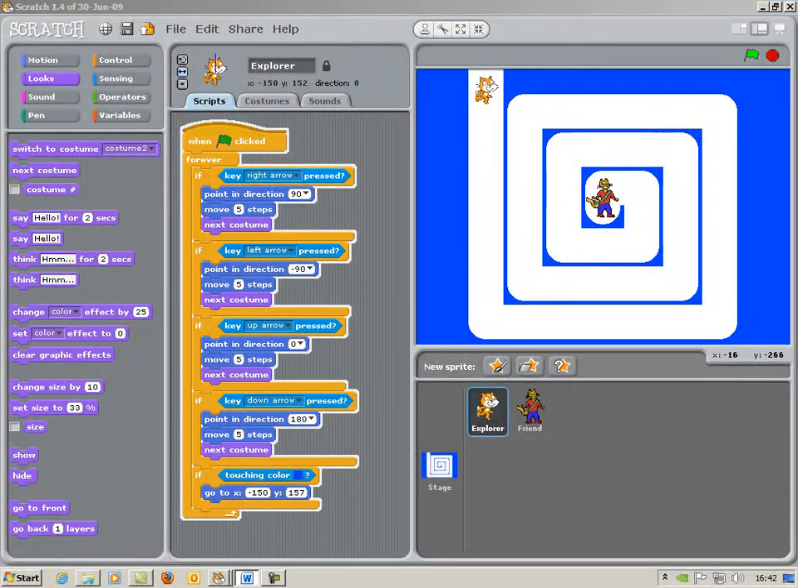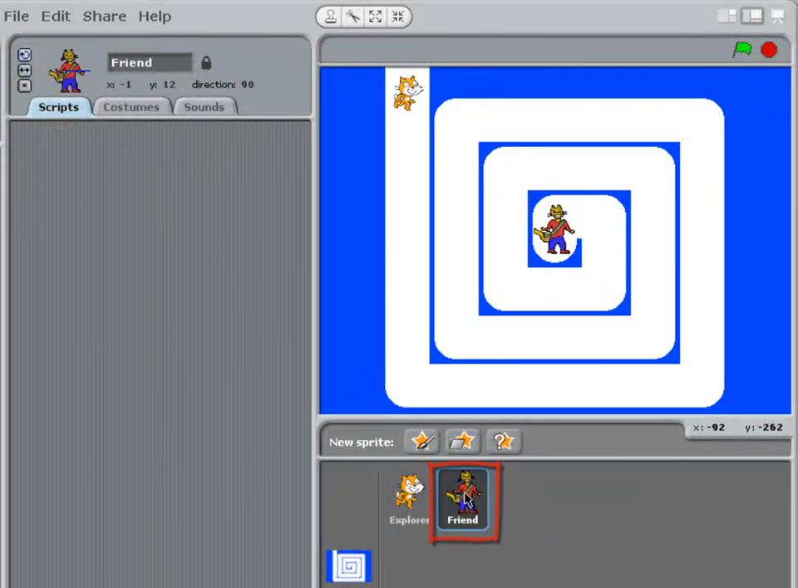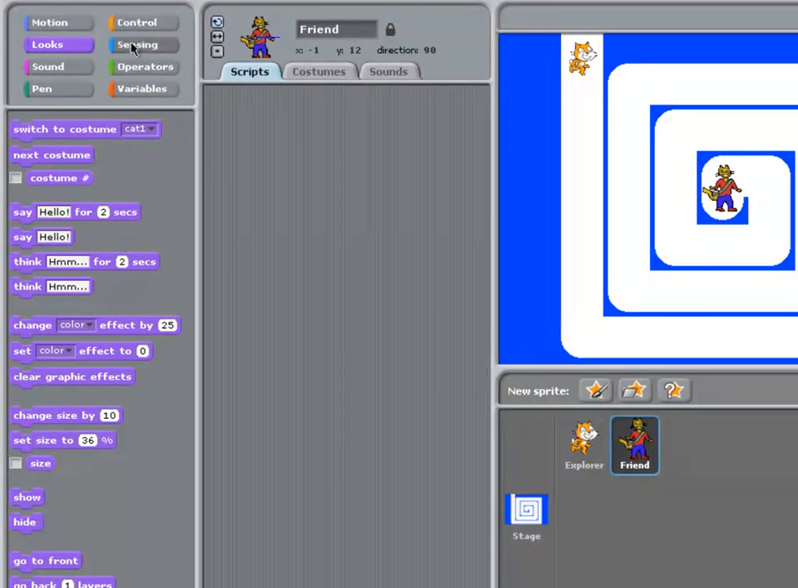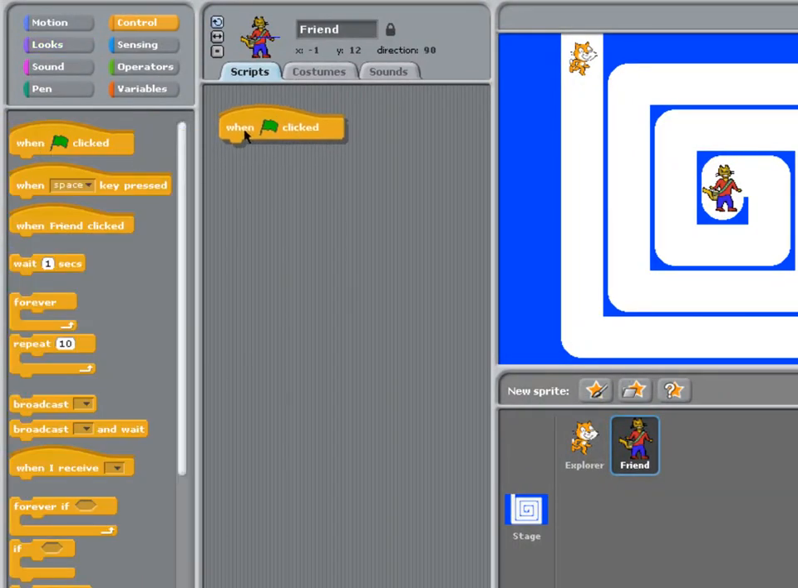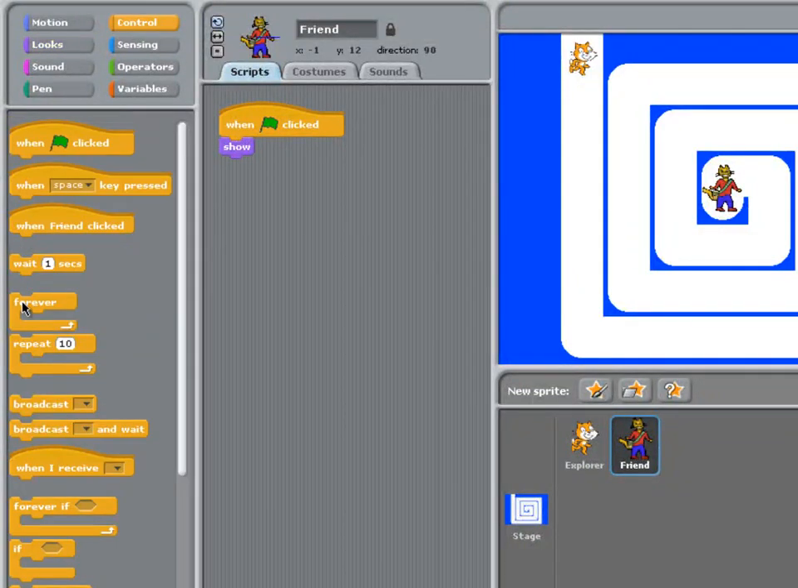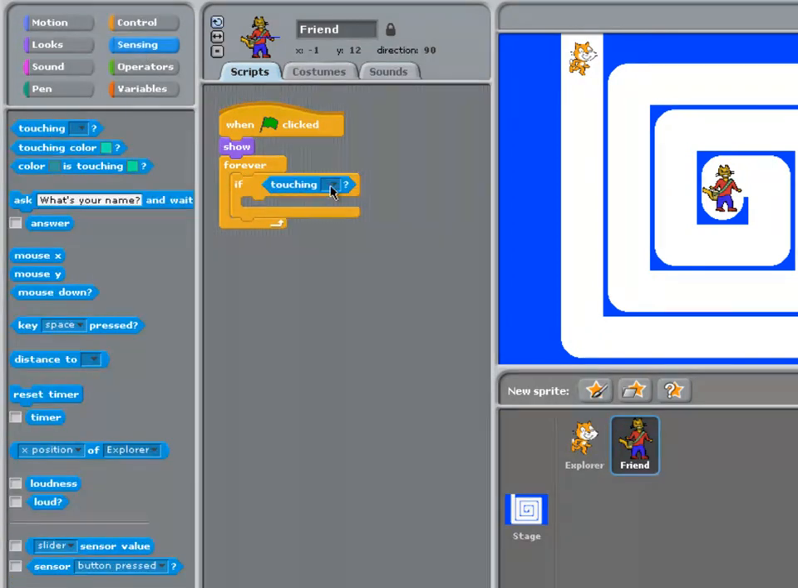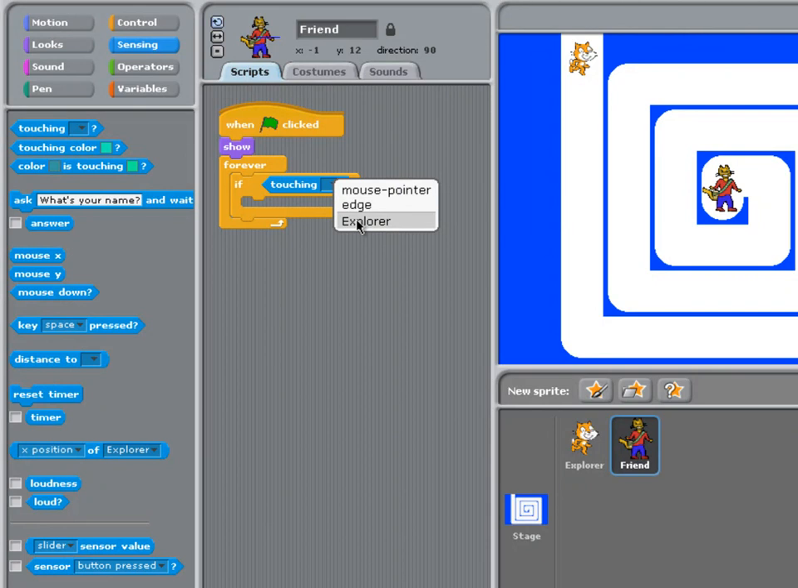What we need to do now is program what happens when the Explorer reaches its friend. So this takes place in the friend sprite. Once again, when the flag is clicked, we're going to show this sprite in case it was previously hidden. We'll repeat forever, if touching the Explorer,